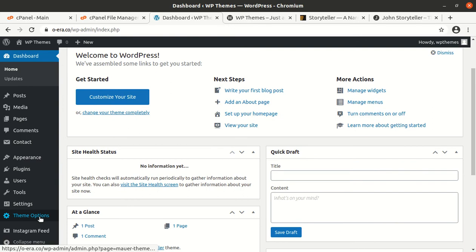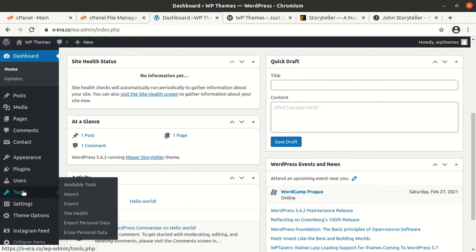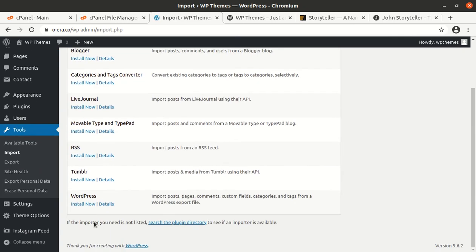This theme does not provide any one-click demo import, and we have to import the demo content manually using the tools available in WordPress. Go to the tools section, click on import, and install the WordPress importer. Run importer,